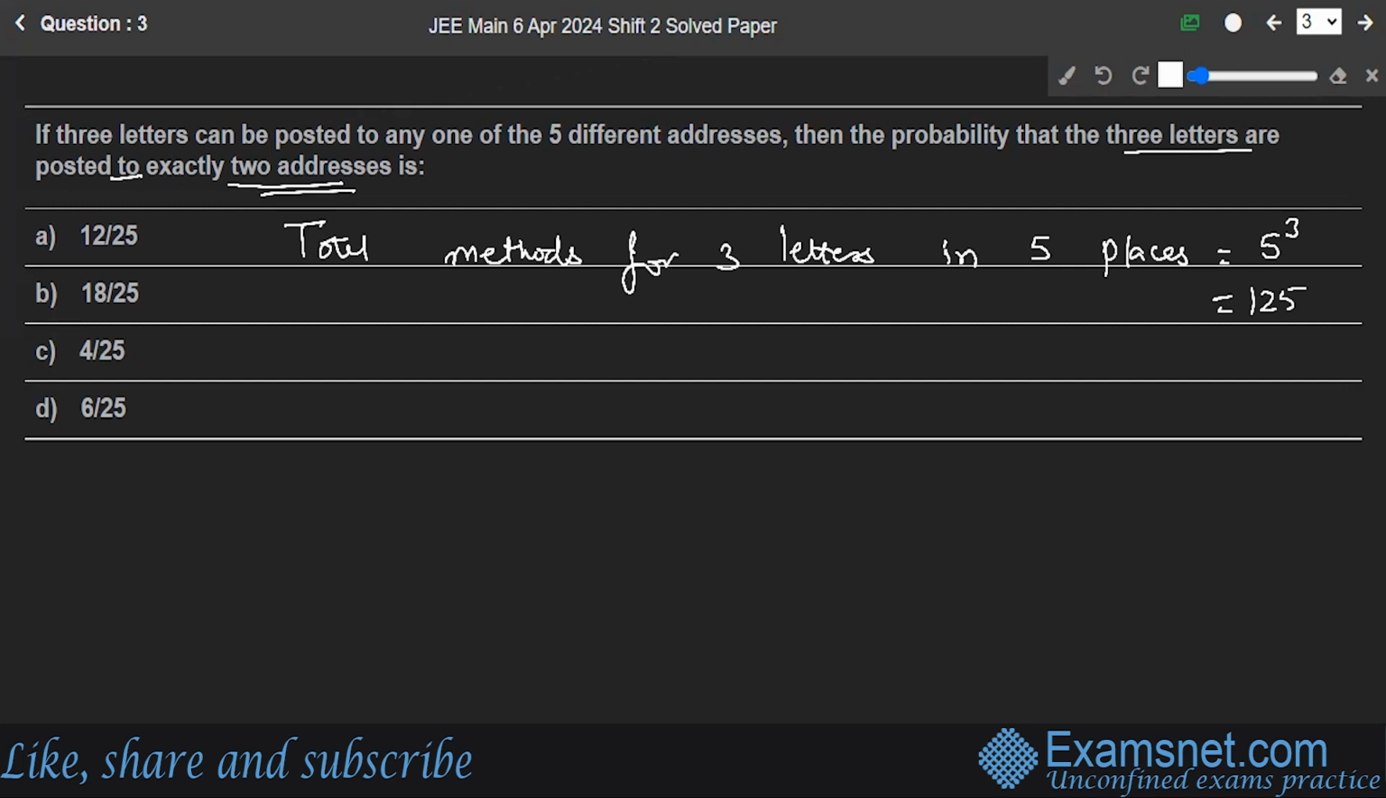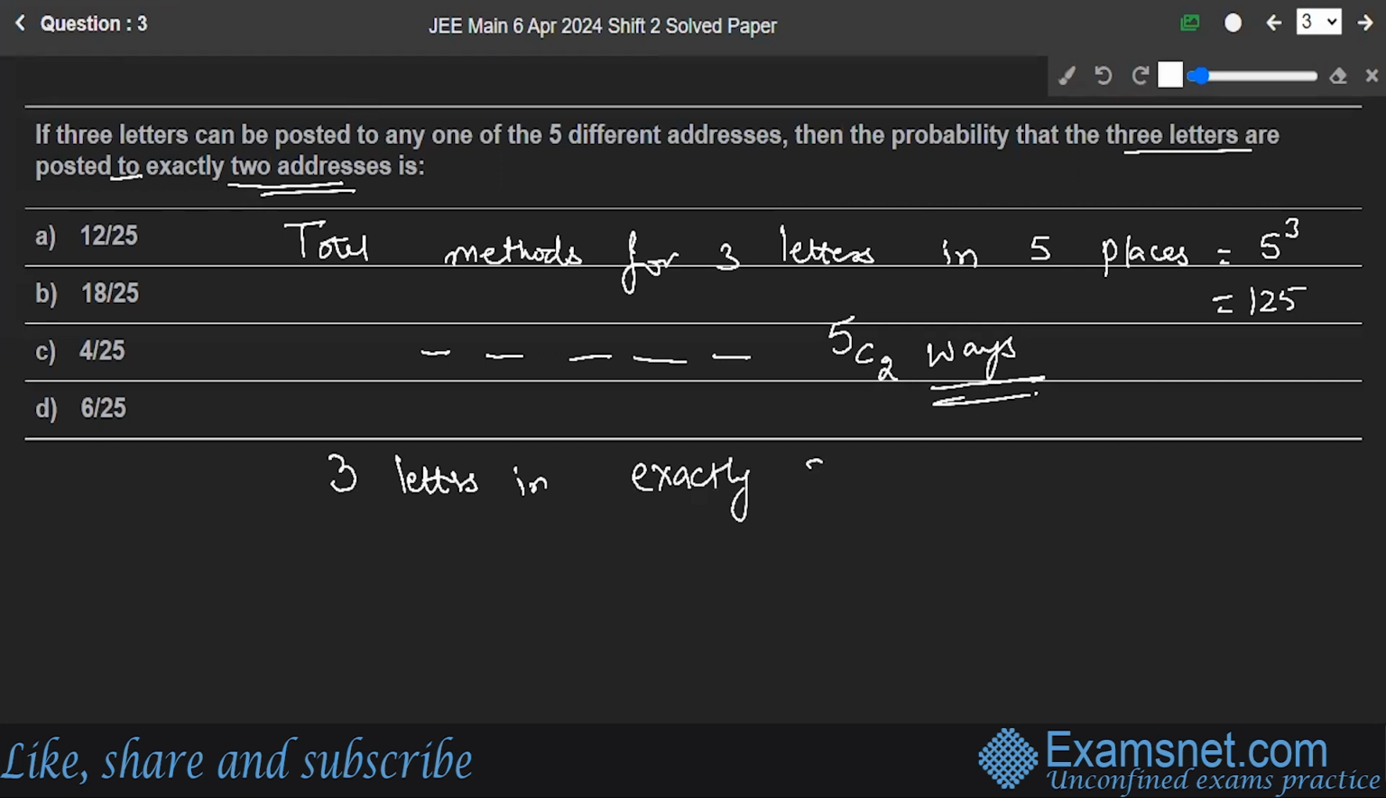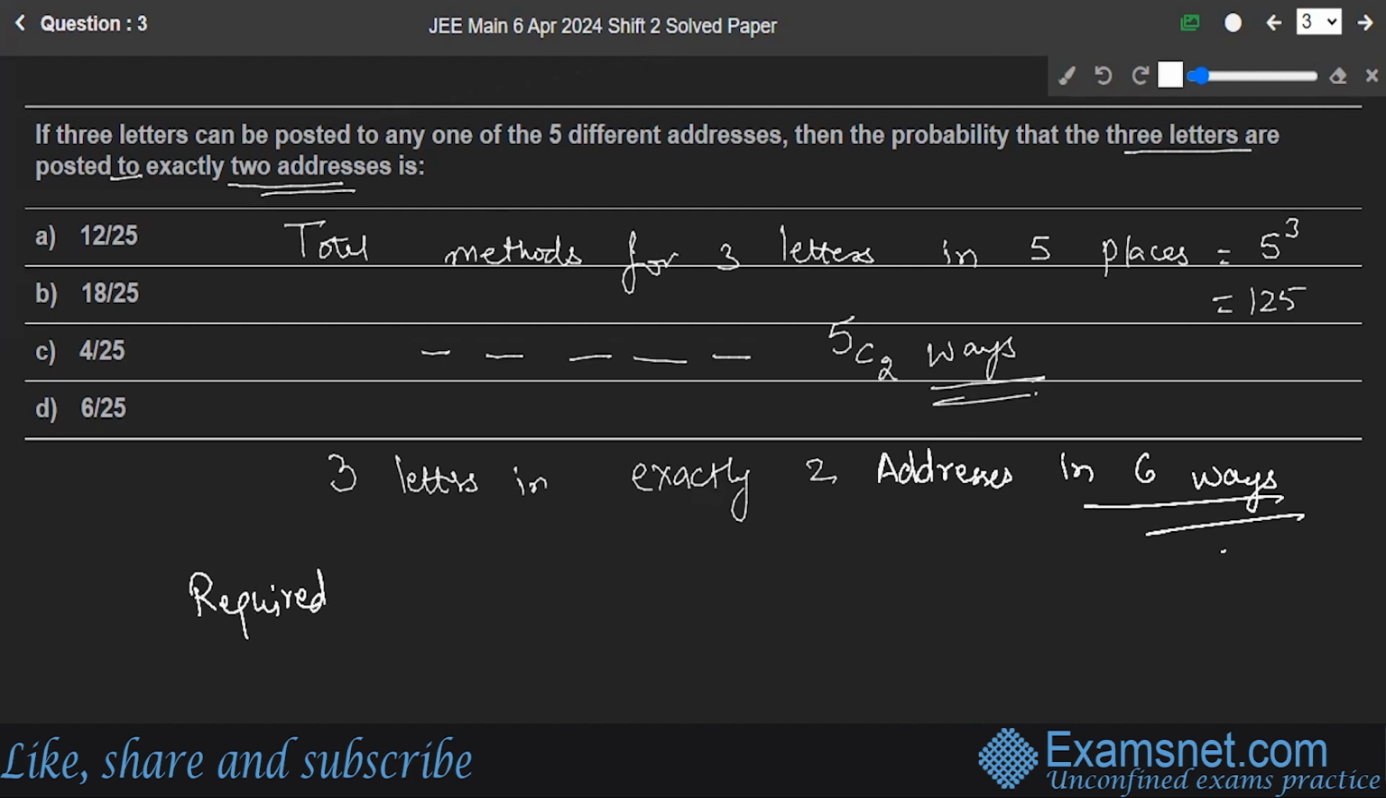First, we will select 2 addresses. Like there are 5 addresses, 1, 2, 3, 4, 5. Out of them, you have to select 2. So that can be done in 5C2 ways, right? Now, 3 letters can be posted to exactly 2 addresses in 6 ways. So, required probability